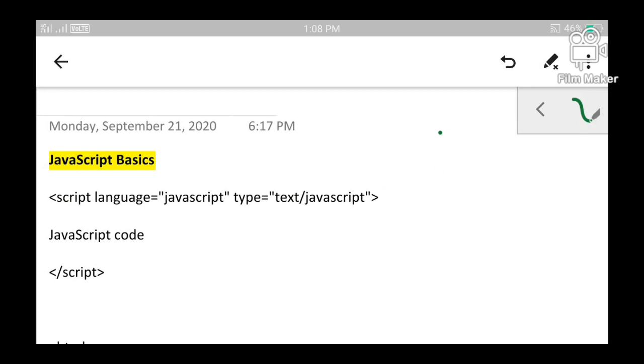Now this is the end tag, </script>. The entire JavaScript code will be written within the <script> and </script> elements.